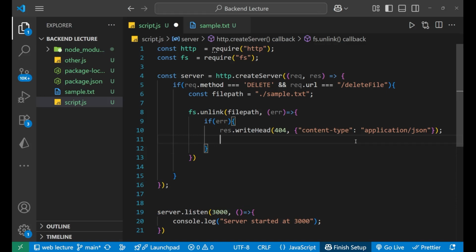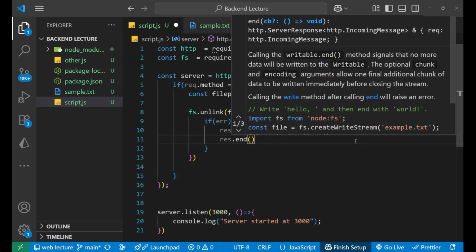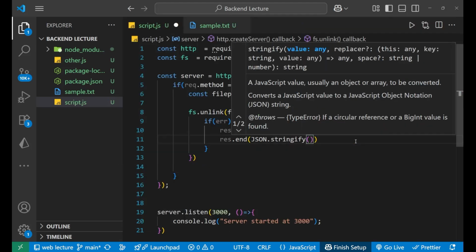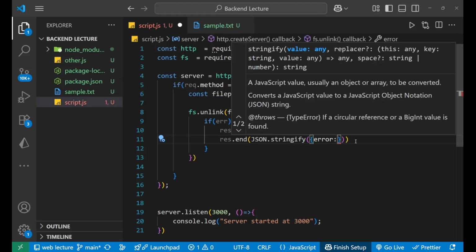After this, what will we write? We will write response.end, and inside of it, since we are sending a JSON, we need to stringify that before sending to the browser, right? So JSON.stringify, and inside of it, we are sending the JSON, that is error is